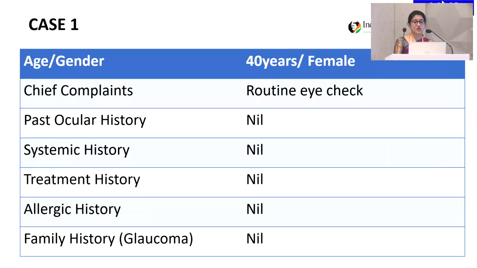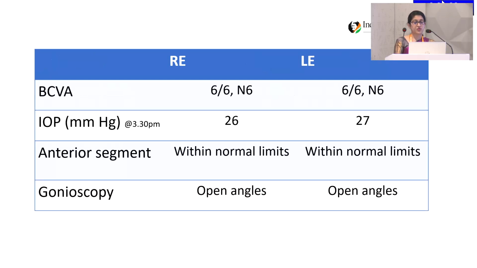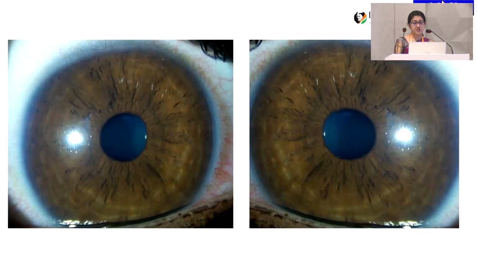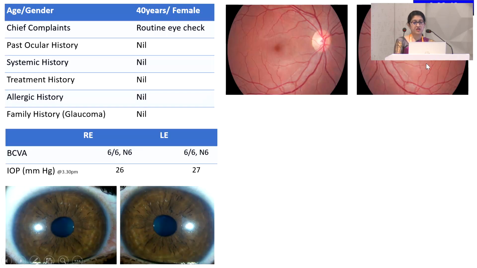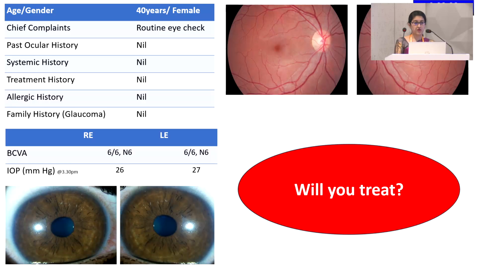So we have a 40-year-old lady who came to us for a routine eye examination with a best corrected visual acuity of 6/6 in both eyes, and intraocular pressure was 26 and 27 millimeters of mercury. This is the anterior segment picture, which was within normal limits, and gonioscopy showed open angles. The fundus picture was within normal limits, and the visual field was also normal. Having considered this young lady who came to us only for a routine examination, accidentally her pressures were on the higher end. So would you consider treating this patient, or is there any other parameter that you would do